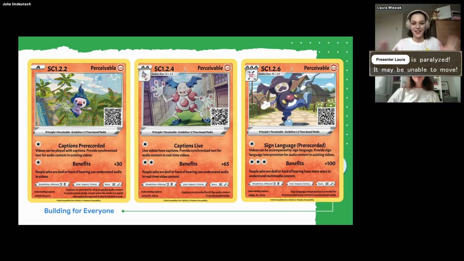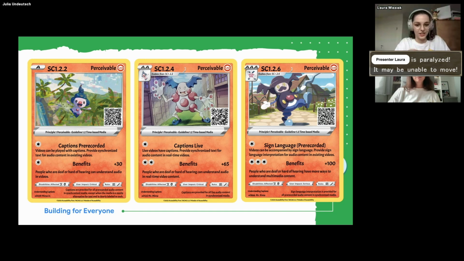But this is kind of the idea behind the Pokedex of Accessibility, that you take the success criteria and match them with Pokemon, just to understand the success criteria more and how they relate to each other. So they all fit into the same group. I can definitely see any challenger in the Pokedex having this specific setup of Pokemon and challenging you with them, because they most often have themes.